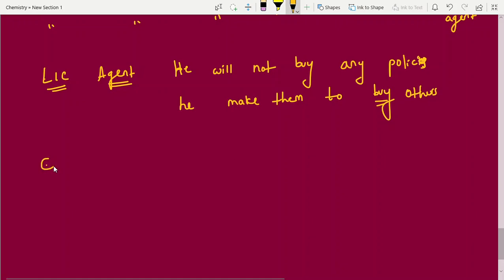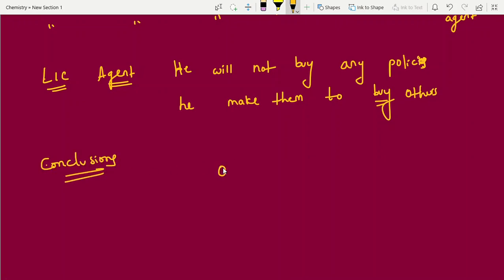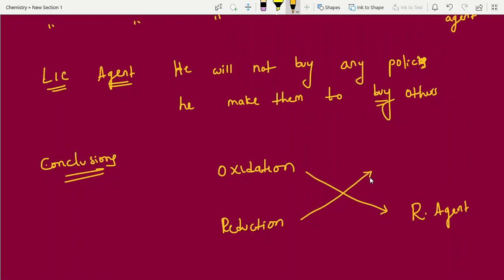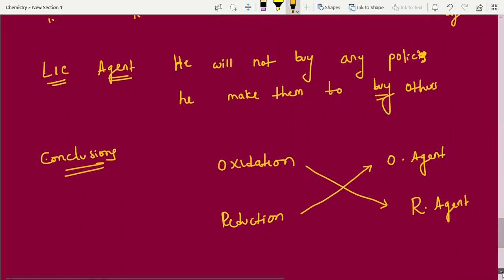Conclusion point. Oxidation, next one, reduction. Who is undergoing oxidation acts as reducing agent. Ulta. Here also, who is undergoing reduction acts as oxidizing agent. Please keep it in mind, these four most important points. If you have confusion, once again go through the video and prepare well before coming to the next videos.